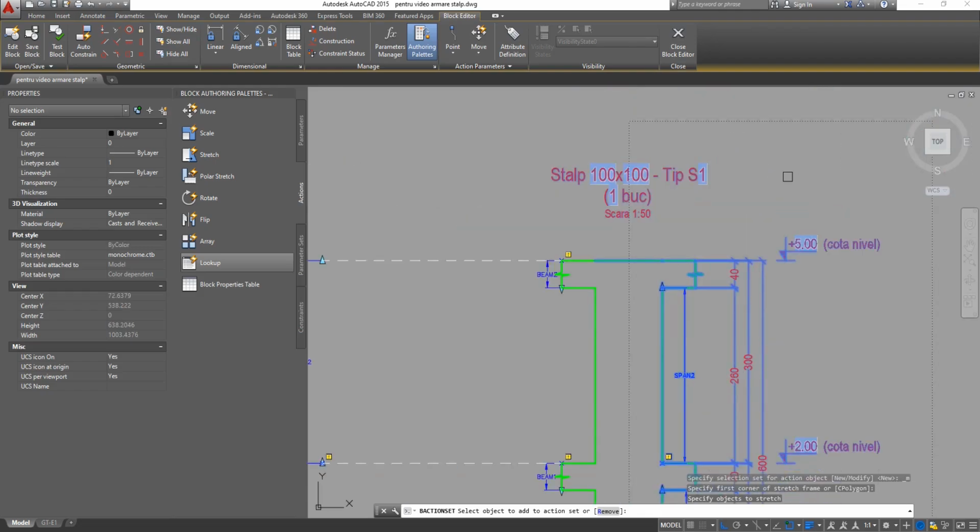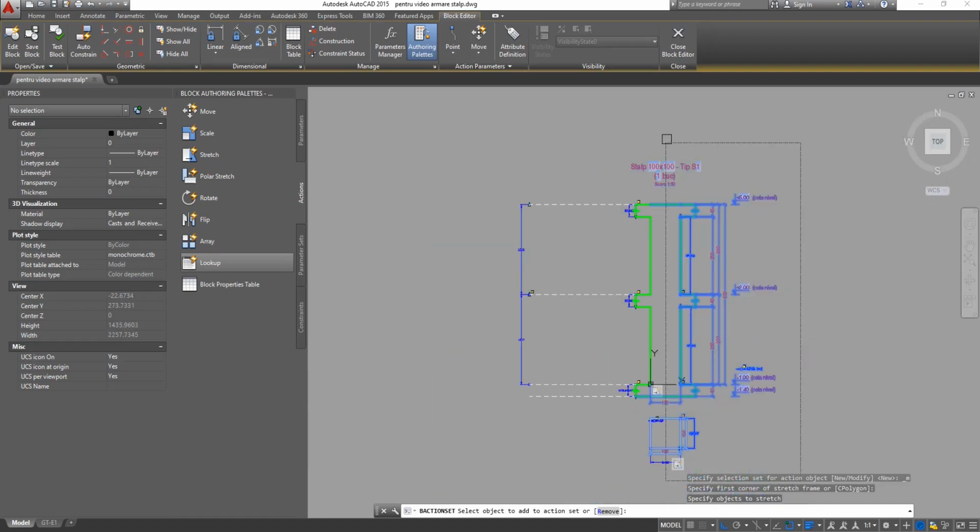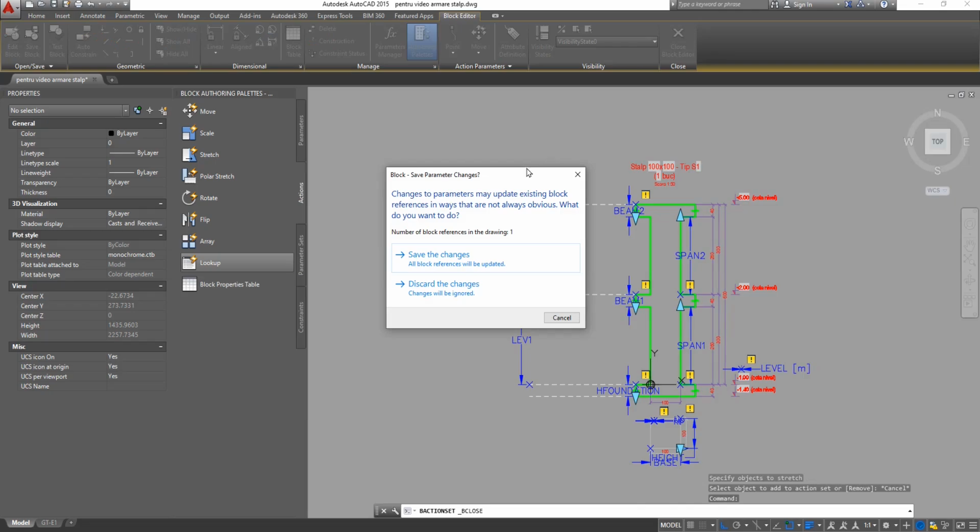What I wanted to show you is that now it comes also in a highlight, so it means it's added to those objects. From outside, now this text will no longer stay on this part of the column, but will be subjected to the same kind of action. And because it's not a line or a polyline or a stretchable object, but it's a text object, it will be moved along with the length of the base. Close the block, save,